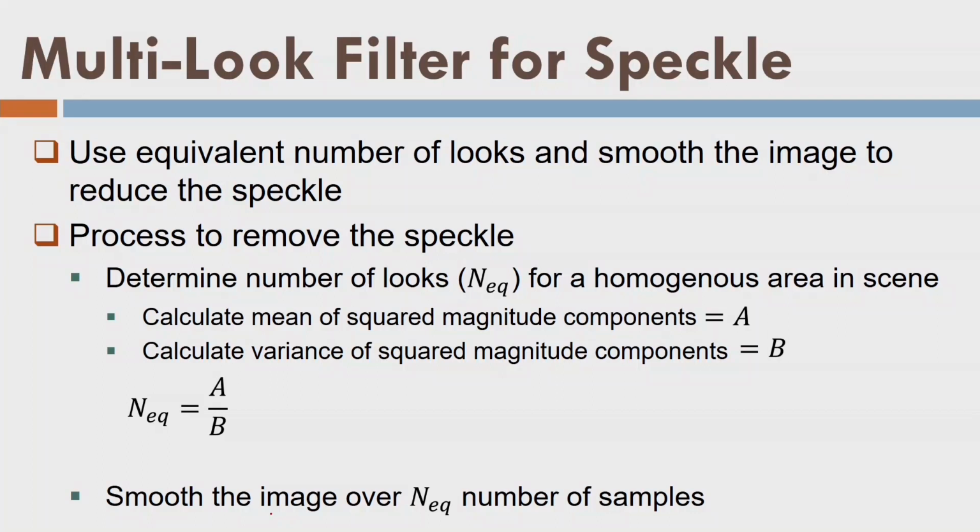Remember one concept in the case of synthetic aperture radar: we said that we are looking at a point multiple times from different places, and hence I observe more brightness or more reflected backscatter from that place. What is the result of that? I am more confident of the backscatter. So if I take the average, I will have a more reliable value as well as improved resolution. That was the aspect we talked about, the azimuth resolution using synthetic aperture radar. Now I am repeating the same thing here, that I want to calculate the equivalent number of looks and smooth the image to reduce the speckle.